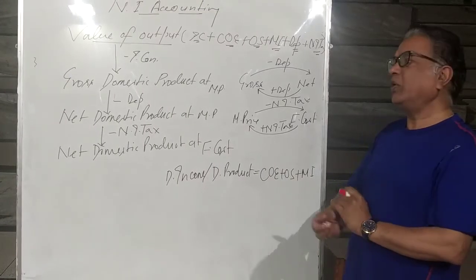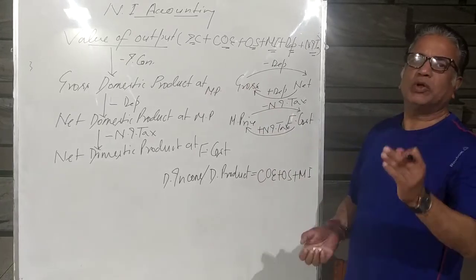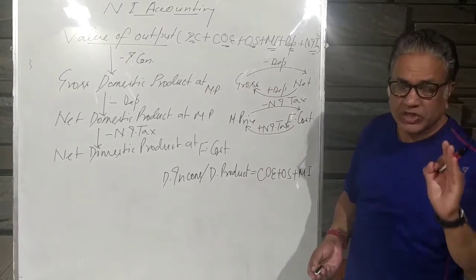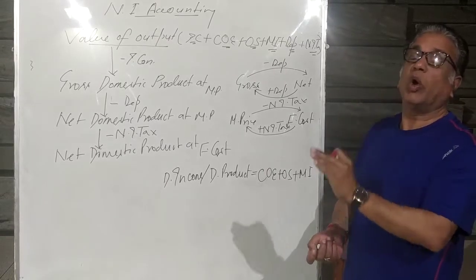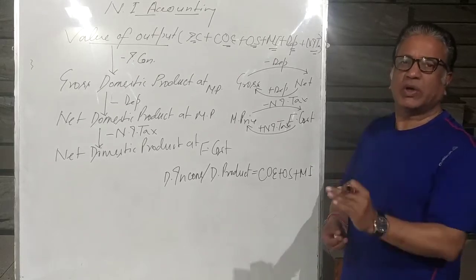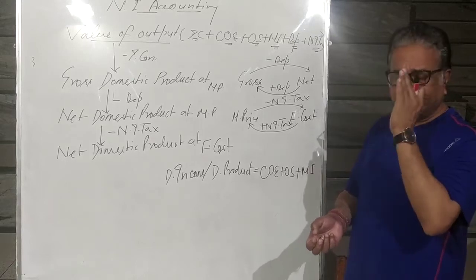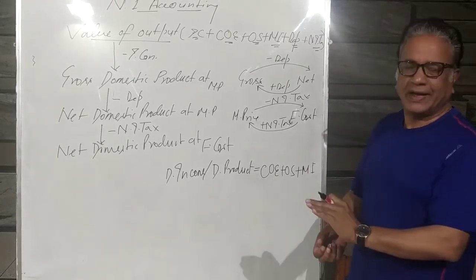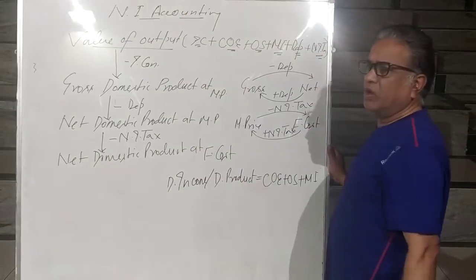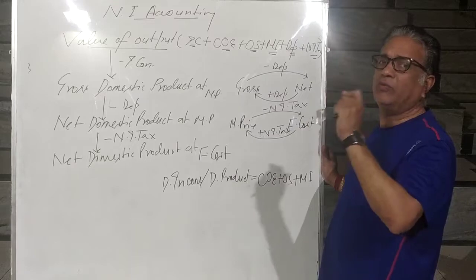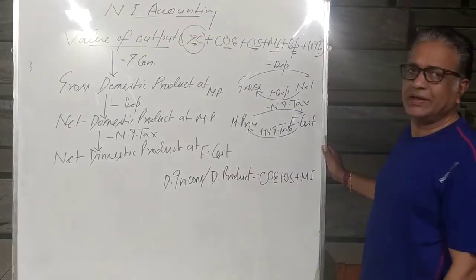Why? Because when we are going to calculate domestic product or domestic income, we have to include the value of only final goods and services. Why do we do so? Because we want to avoid double counting. What is double counting? When we record the value of a single item more than one time. So to avoid it, from this value of output we are going to reduce the value of intermediate goods, and the value of intermediate goods is known as intermediate consumption.